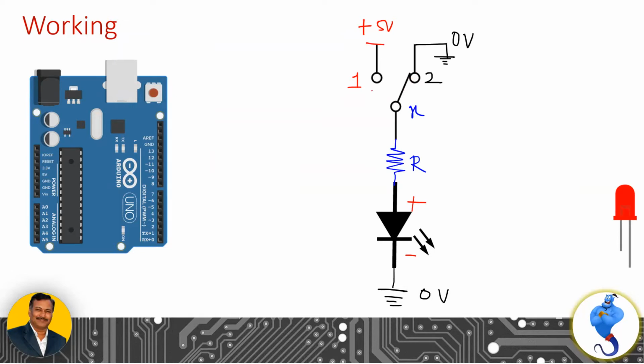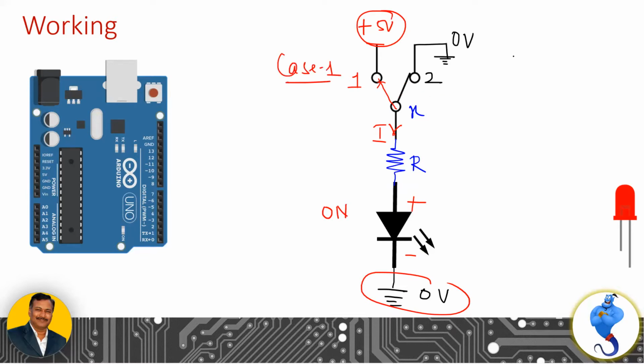Let us see what will happen to this circuit when the switch is positioned at point 1. If I put the switch at point 1, this circuit supplies the necessary current I for the light emitting diode, because we have two terminals. One terminal is connected to plus 5 volt, the other terminal is at 0 volt. So this results in a potential difference of 5 volt. This will supply a current of I amperes through the circuit, and the light emitting diode turns on. That is case 1.